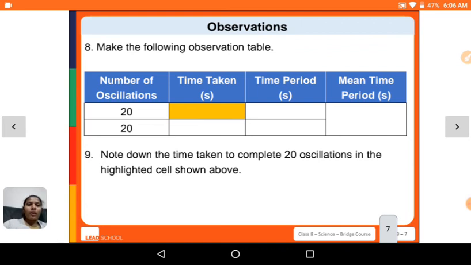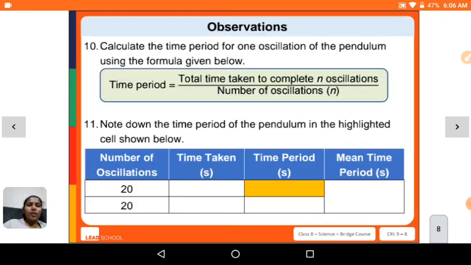Note that 20 oscillations are there in the table. So do this one time. Now calculate the time period for one oscillation of the pendulum using the formula. You have to calculate the time period: when 20 oscillations took so many seconds, what time will be there for one oscillation. Write this in your notebook and then